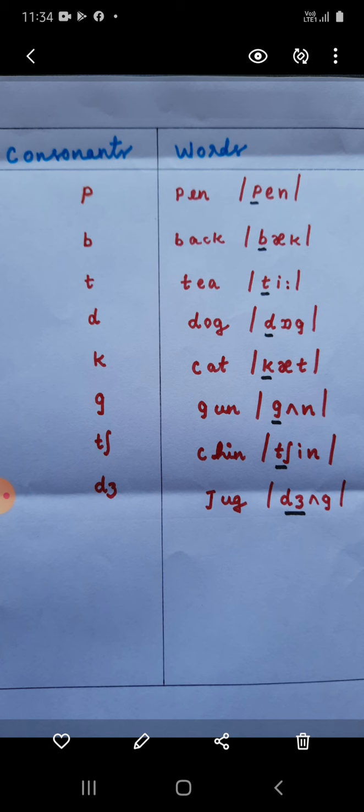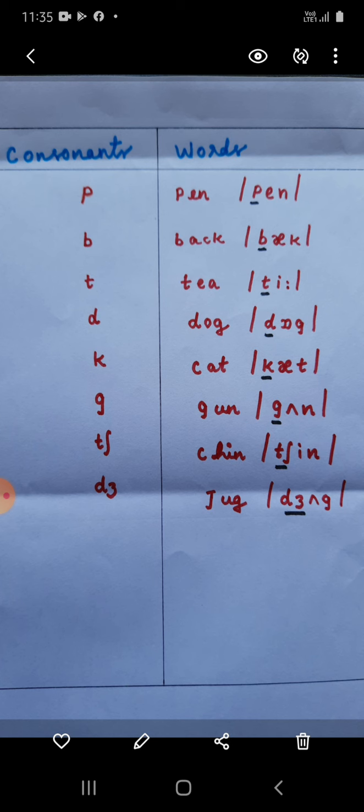So these symbols are known as phonemic symbol. P-H-O-N-E-M-I-C, phonemic symbol. Okay, then the example provided on the screen is dog, D-O-G, dog. The pronunciation is dog and the writing style is first you are placing a slash, then you are writing D sound. After that, O is the vowel sound. Then we are writing small letter G, but the pronunciation is G. You remember that, okay? So that is dog. Then we are closing the slash.